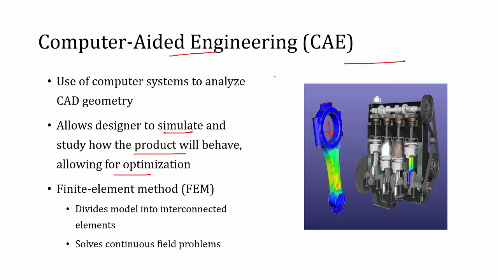For example, if you have designed a beam like structure, let's say a cantilever beam, and you apply a load here. By using CAE software, you can calculate and visualize the deflection, and also calculate the magnitude of stress acting in the beam. That is the purpose of computer aided engineering. If you have heavy stresses, you can change the material or improve the size. That is modification of design.